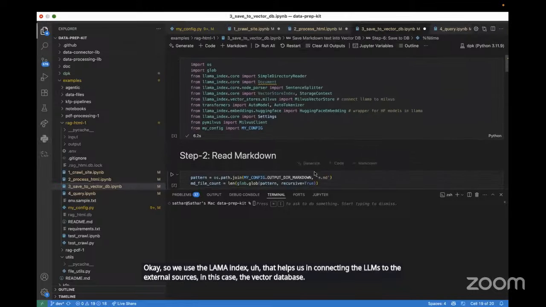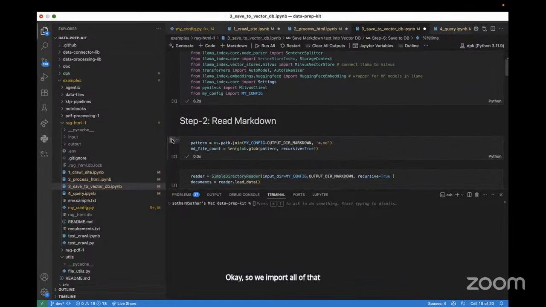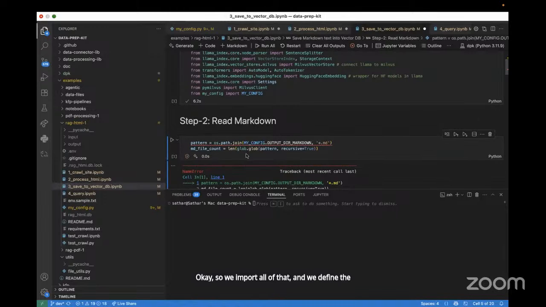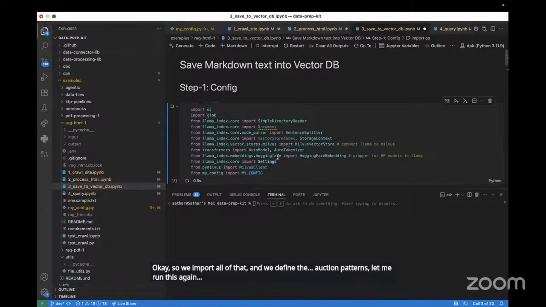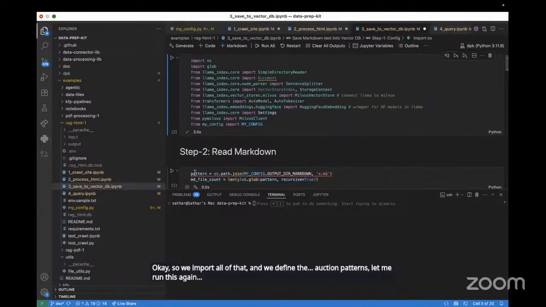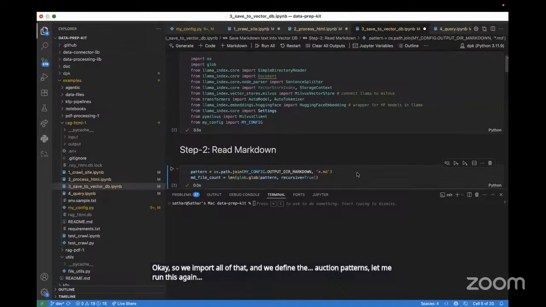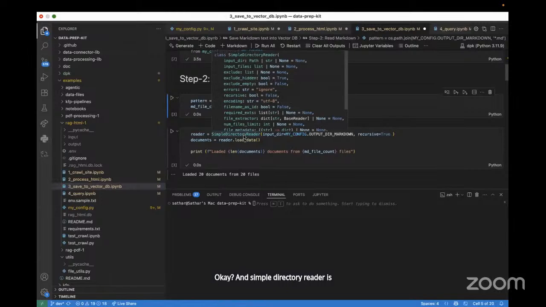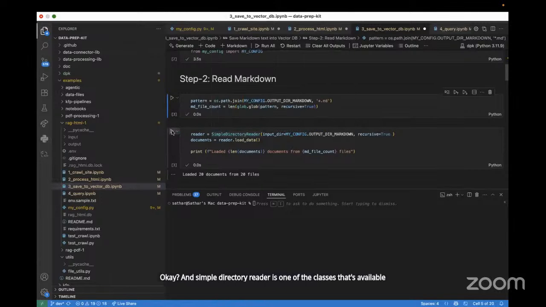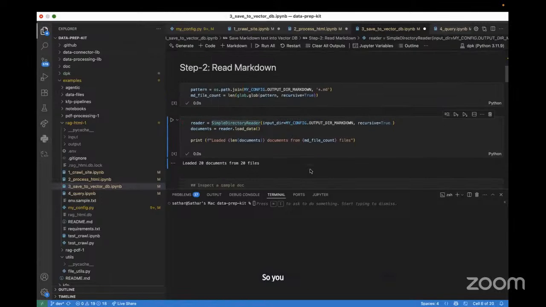So we import all of that and we define the markdown patterns. Let me run this again. Okay, and SimpleDirectoryReader is one of the classes that's available in LlamaIndex. So you just run those.